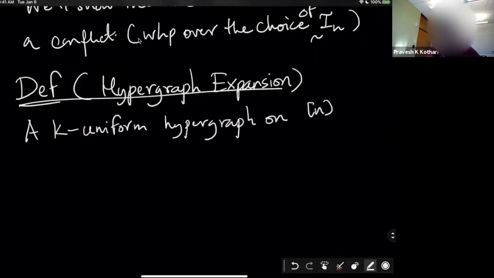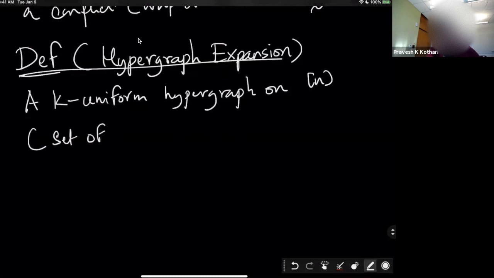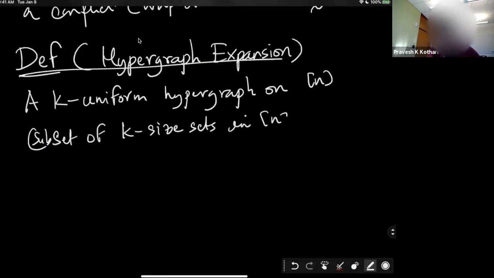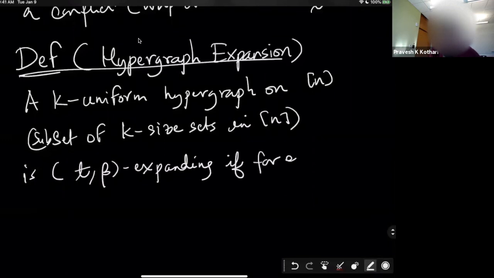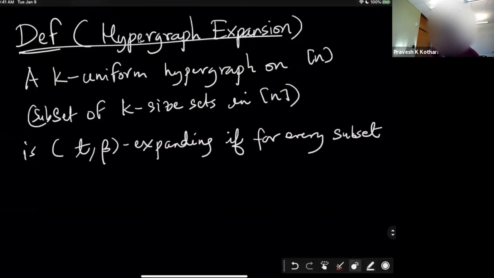Such a hypergraph is said to be (T, beta)-expanding if for every subset, let's give it a name, I'm going to call it script C, since there are no complex numbers in our lecture today, of at most T edges,